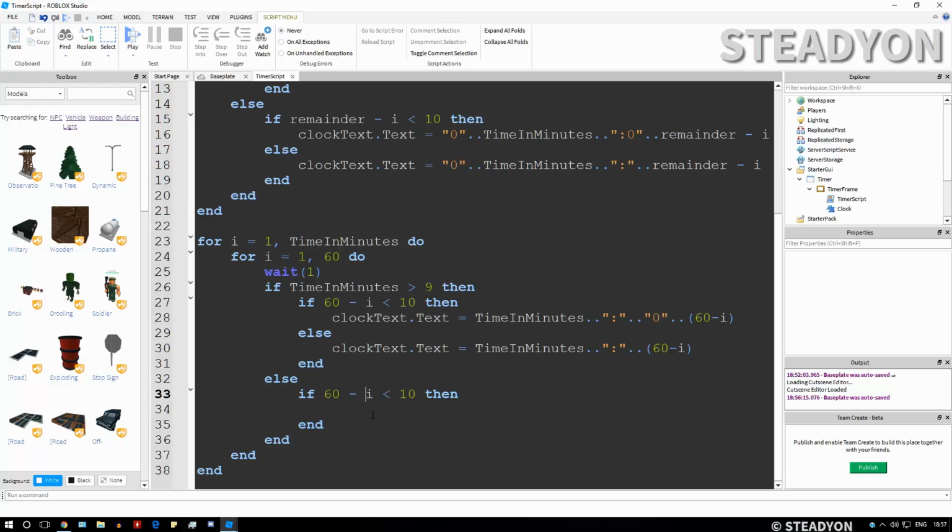So we can actually just copy and paste this, but we don't need to actually. We're going to write it out again. Clock text equals time. Actually, no, we're not going to do that, sorry. Because if the number of minutes left is less than 10, then it's one digit. So we don't want 5 colon like this. We don't want it like this because that looks weird. What we want is it to be like 0, 5, right? So to do that, we're going to have 0, and then time in minutes, colon,